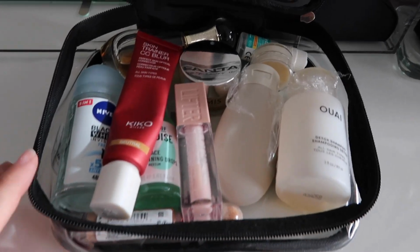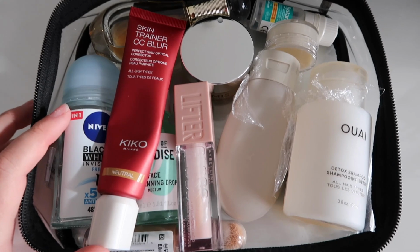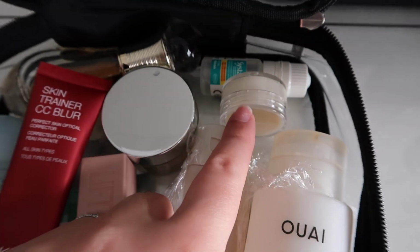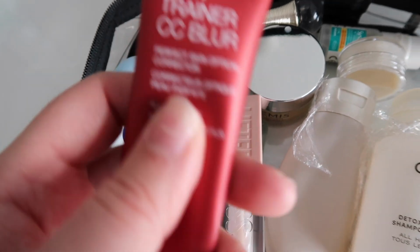This is all the toiletries before I put them in the little Ziploc bag, and I just wanted to show you guys the kind of things that I would pack. So I got my shampoo, my conditioner, my face wash, and my moisturizer, some eye drops, my perfume, like a